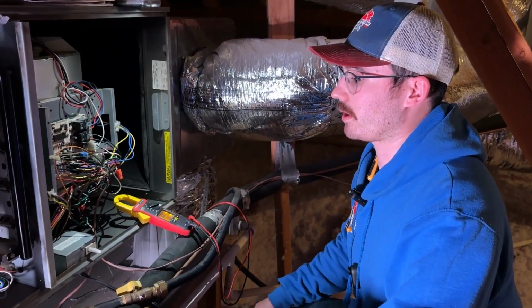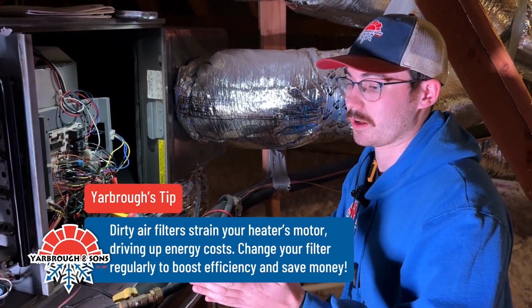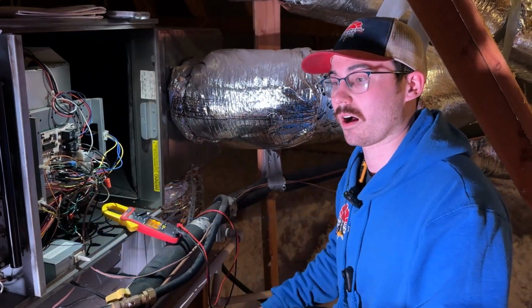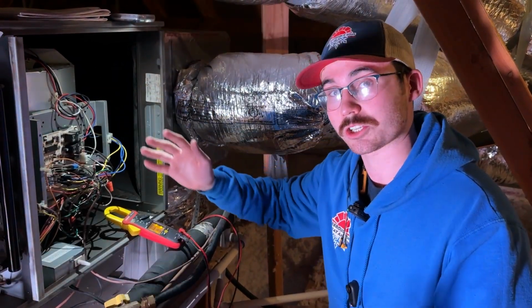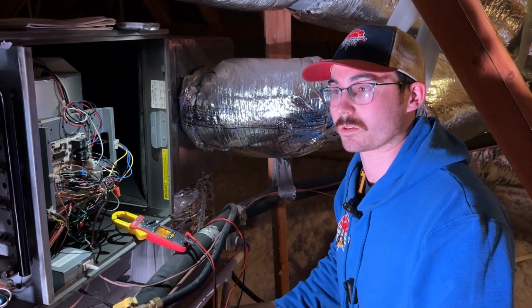When I come out for a noise complaint, first thing I check is filters to make sure those are clean. If it has a dirty filter, that can cause that unit to work harder to pull more air through it. I also check your blower wheel, like I mentioned, make sure that's clean. And then I also check to make sure that everything's amping out like it should, because if it's pulling high amps, that tells me that motor is having to work hard just to supply air